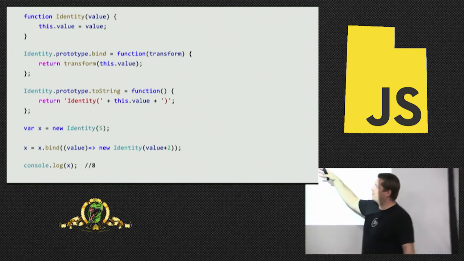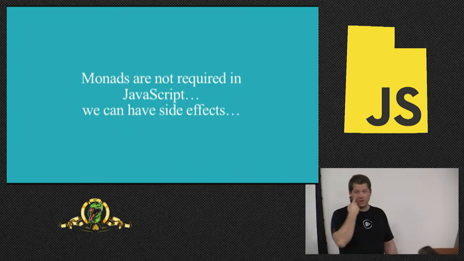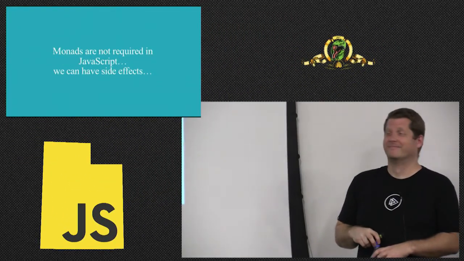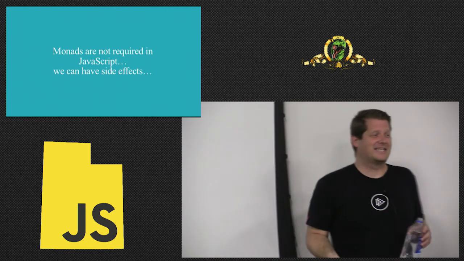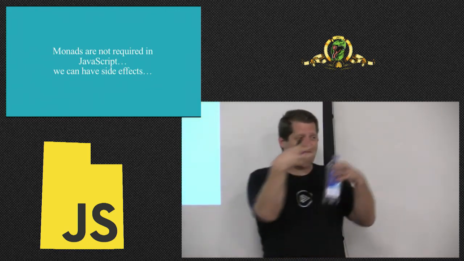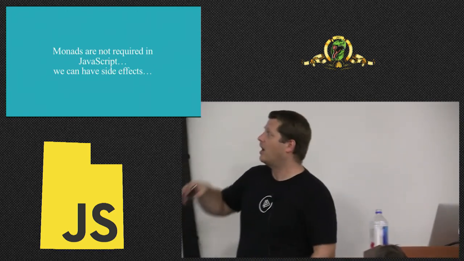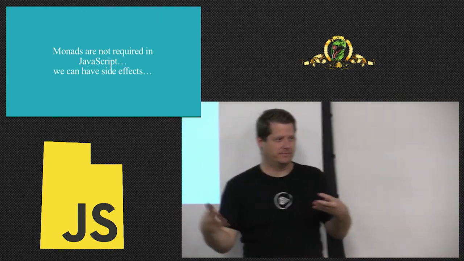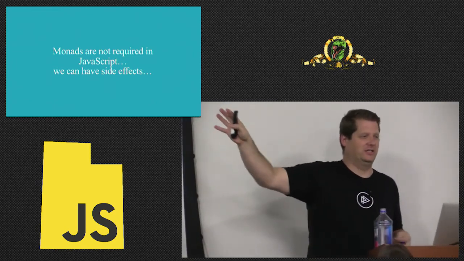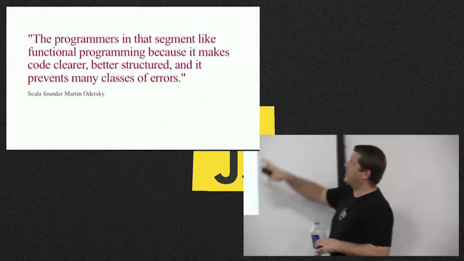Right, no, but so here's the beauty of monads in JavaScript. We don't need them. So I'm just going to leave it right there, right? Because I don't have to worry about side effects. I can do side effects if I want to, so I don't have to have this big thing. Now, we still have them. Like I said, a promise is an implementation of a monad. So we still have them. But don't, like, freak out about it, right? Because if you need to change something, just go change it. Like, don't worry. Because ultimately, it comes down to this thing, right?